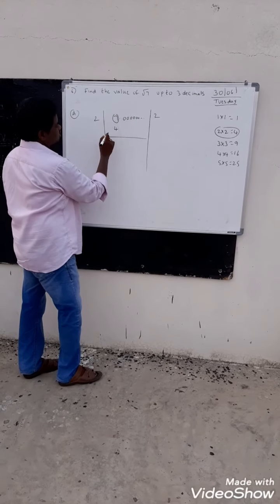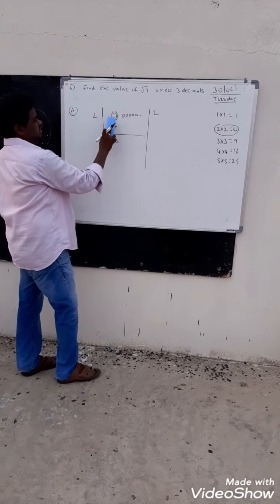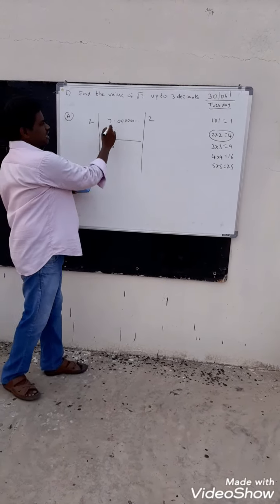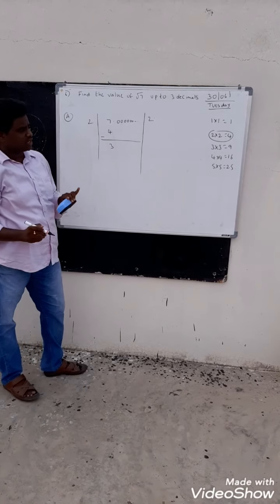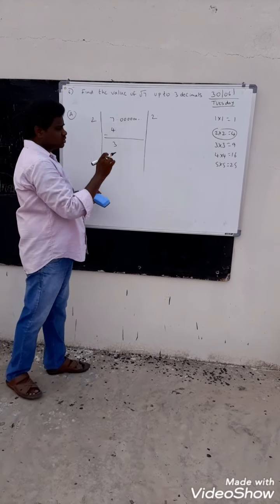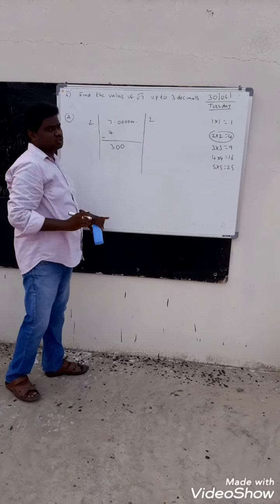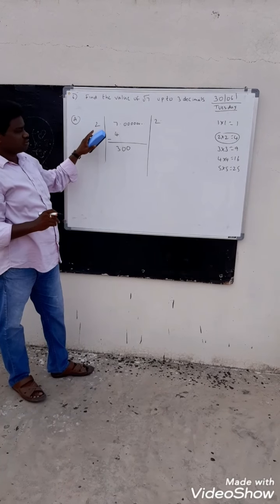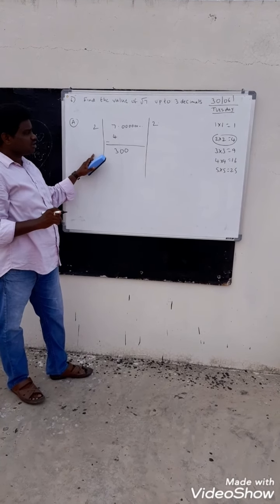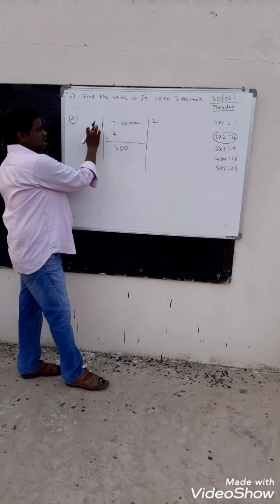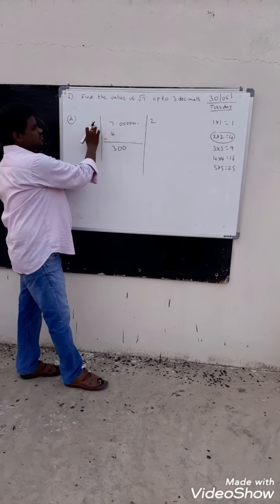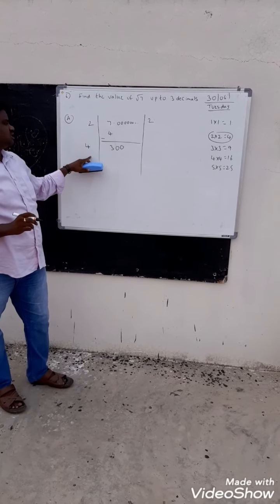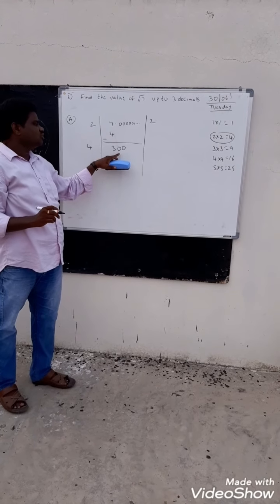So 7 minus 4. 7 minus 4 means 3. After that you are having a decimal point, so you have to keep the decimal point here, and you have to bring down how many zeros I told? You have to bring 2 zeros. Already I told you, for finding square root you have to bring 2 zeros. After that, how do you get the divisor now? If you want to divide now, you have to do 2 plus 2, or double this one. 2 plus 2, how much? 4 you get. So 4 means how many times it will be 300.